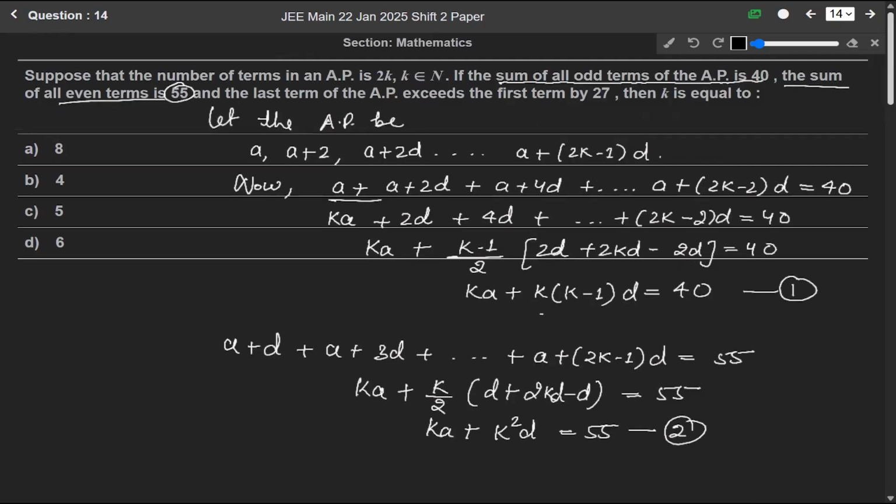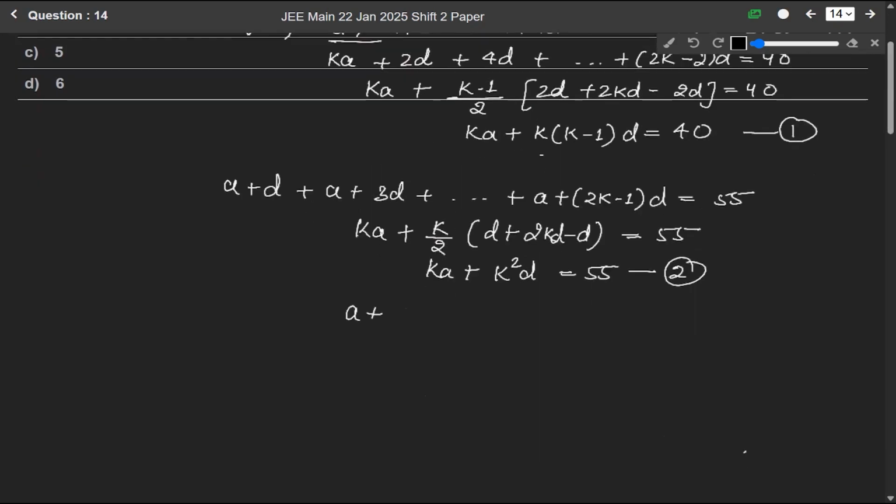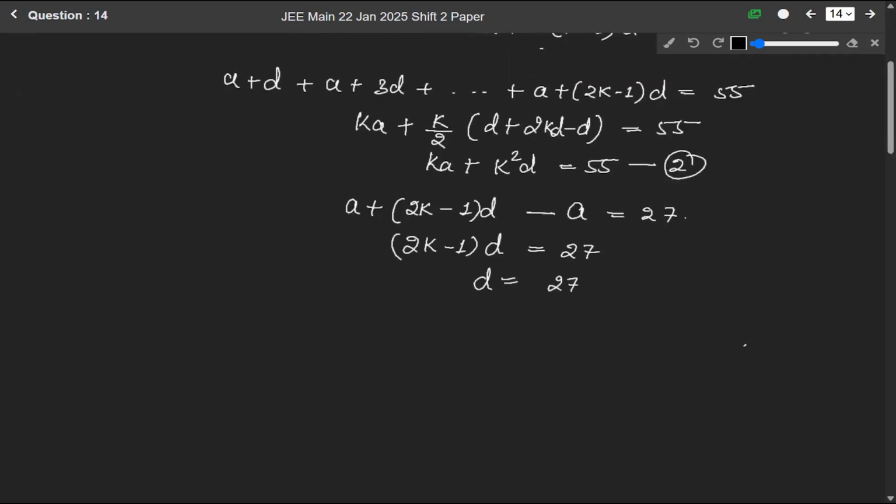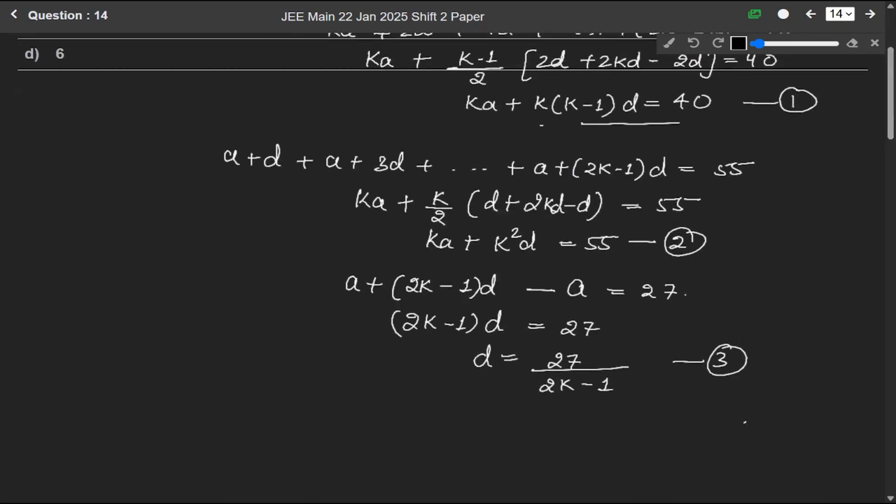Okay. And also it is saying that the last term of the AP exceeds the first term by 27. So last term exceeds the first term by 27. So we can write 2k minus 1 D will be equals to 27. So here D will be equals to 27 over 2k minus 1. Equation number 3. Okay. So from equation first and from equation second, we can write